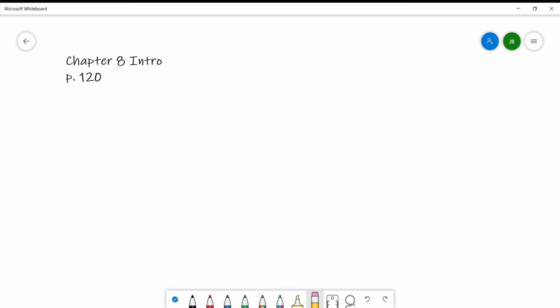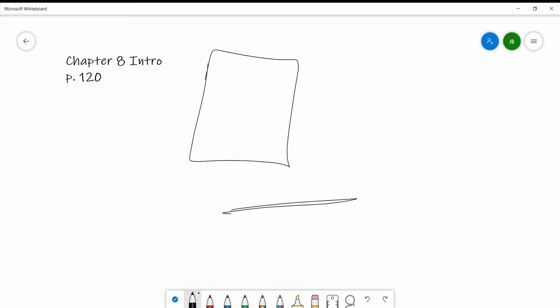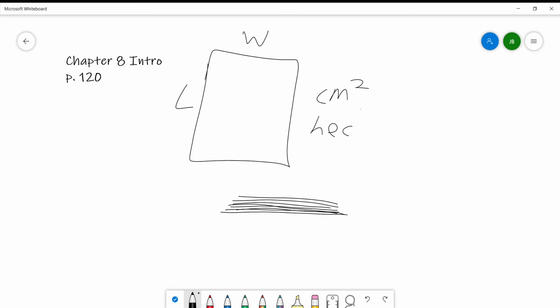supposing we have a sheet of paper, all right? This is what it looks like from the bird's eye view, and this is what it looks like horizontally. Your book is really a whole bunch of stacks of paper, sheets of paper on top of sheets of paper. When we measure the area of a square or a rectangle, we take the length times the width, right? And that tells us it's so many square centimeters, or you could say hectares if you're being weird. Anything that measures